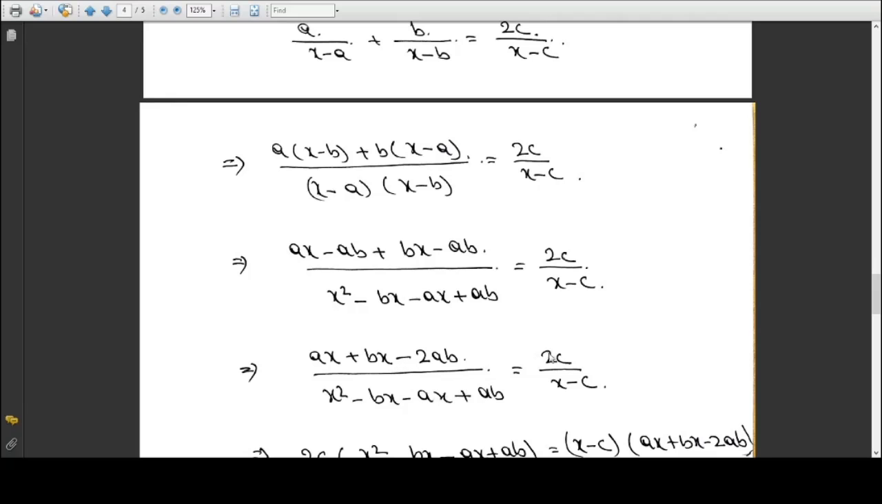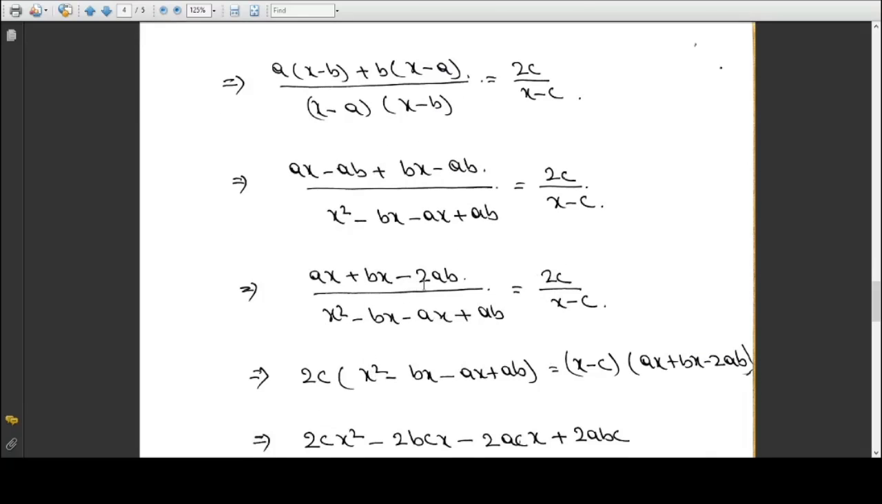Okay, then the next step, we'll do the cross multiplication. 2c multiplied with this x square minus bx minus ax plus ab, and then x minus c multiplied with ax plus bx minus 2ab. In doing cross multiplication, the order, whether this one is written first or that one, or to the right side,